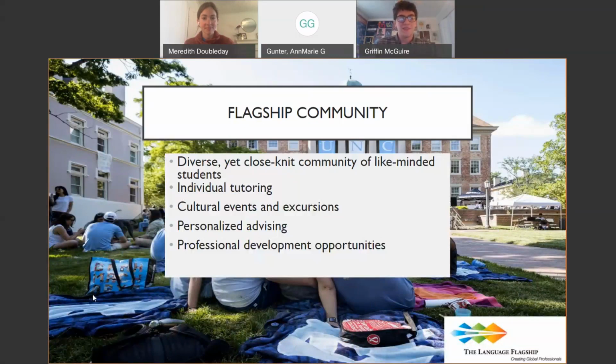Thank you. So the flagship community, this is bringing it back to UNC. This is what we call our resource pool, our people, the people that really make this program so special and fun at the same time. It's what we like to use the phrasing, a diverse yet close-knit community of like-minded students. And so diverse in many ways, including